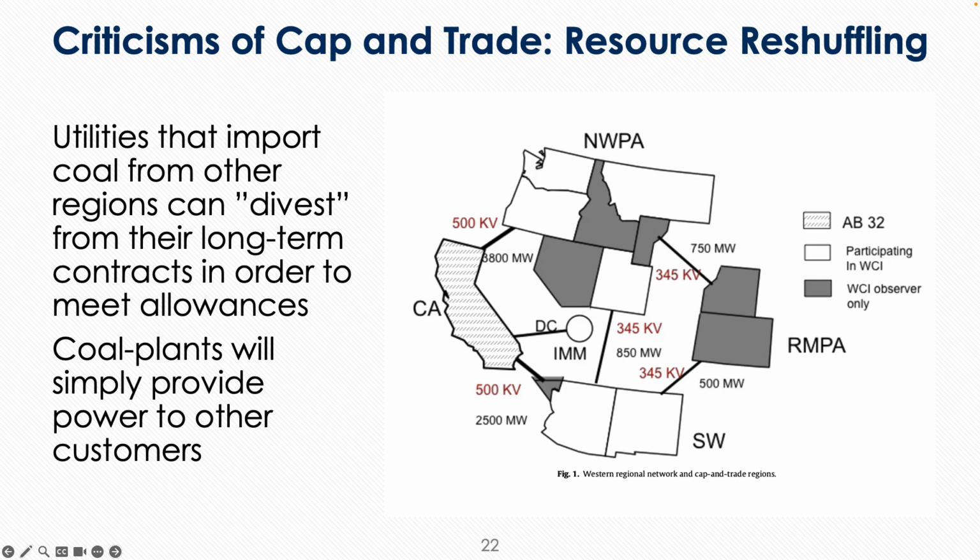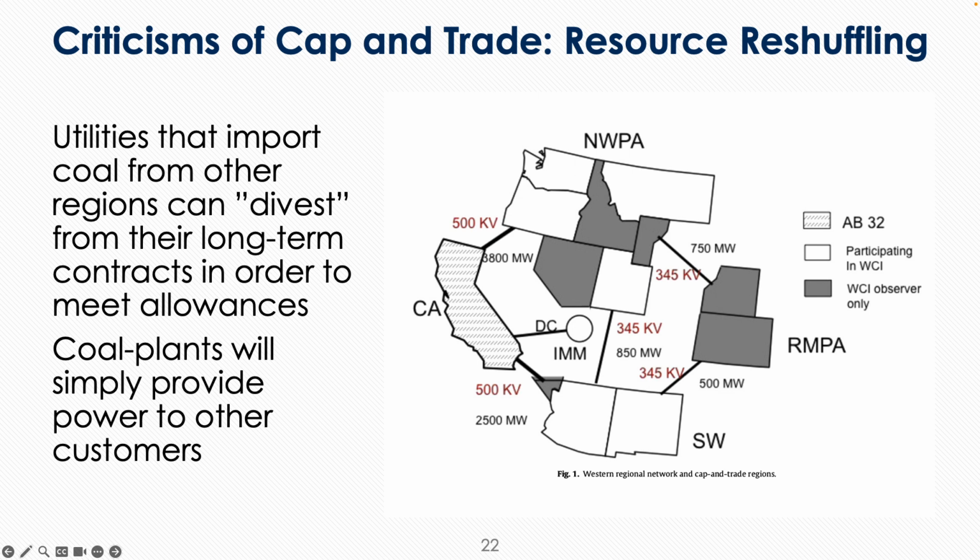So let's say I'm PG&E and I used to have some kind of power purchase agreement with a coal plant out in Nevada or Arizona, and because of cap and trade, I'm going to